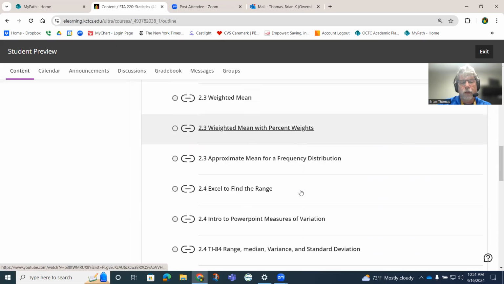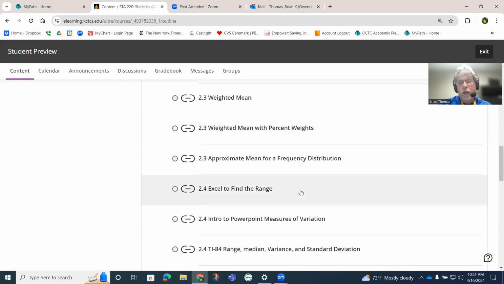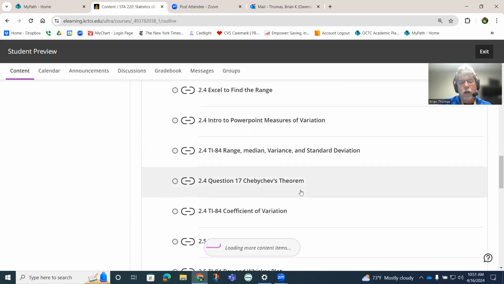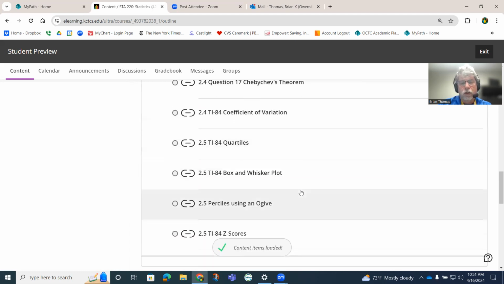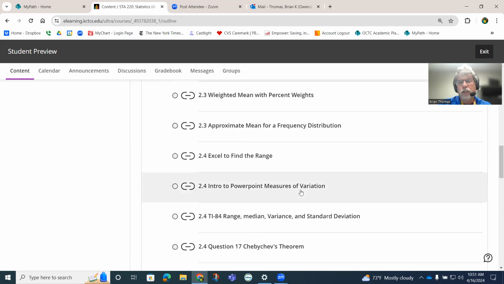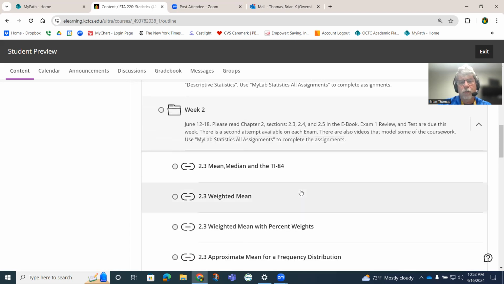And again, since you're doing basically a bi-term class, if you will, 8 weeks, versus the 16-week class, it's not too bad taking it in a 16-week format. But since you're taking it in the summer, it can become a lot heavier if you do not spread it out throughout the week. If you try to do a little bit each day, it's really not that hard to keep up with.